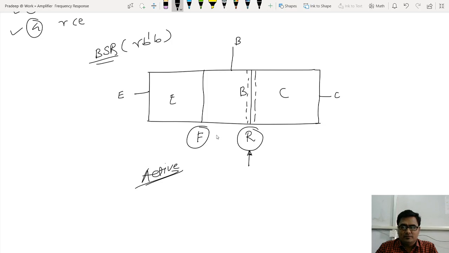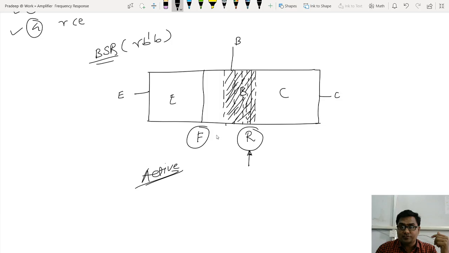If I increase reverse bias, the width of depletion region increases. You further increase the reverse bias, further the width increases, and at a particular voltage,